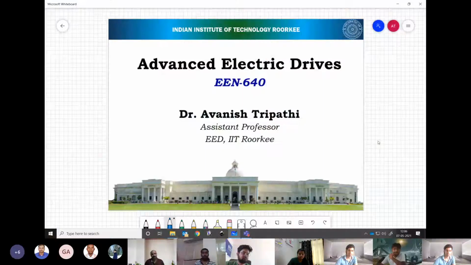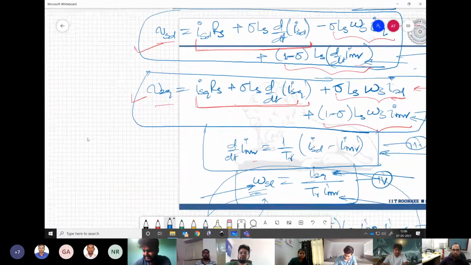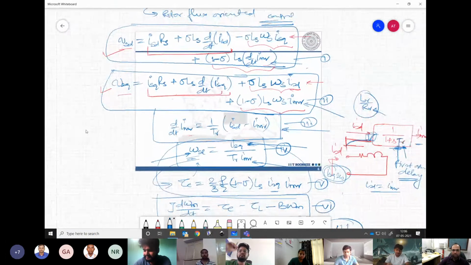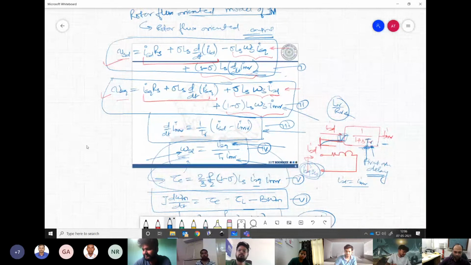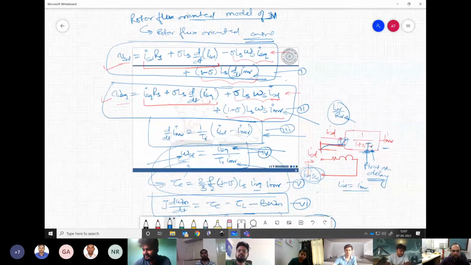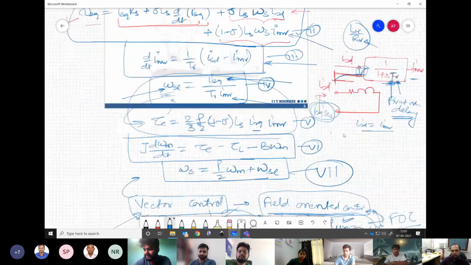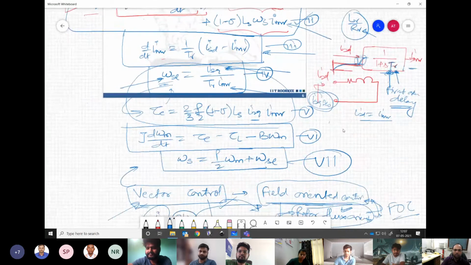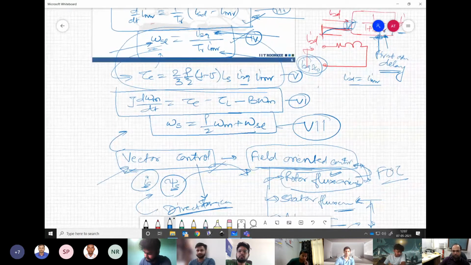Quick recap before we go for further things. So these are the equations which we have discussed. Basically our induction motor model in the rotor flux oriented reference frame, and we have all the equations. We have understood what it represents and how these terms are related to other physical quantities. And then we have the IMR relation with ISD and slip speed relation with ISQ and IMR, then the torque equation. All these things we have seen.